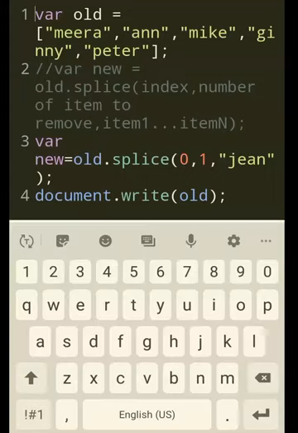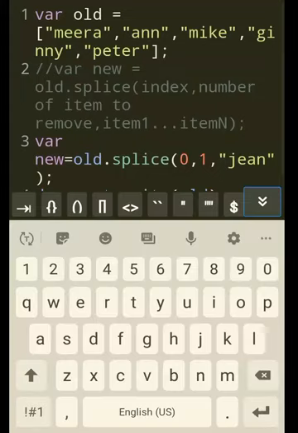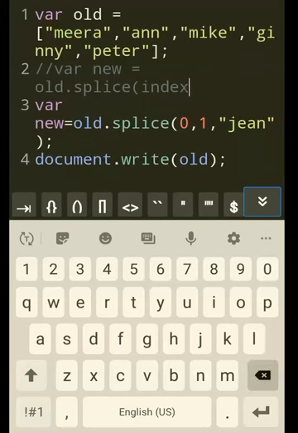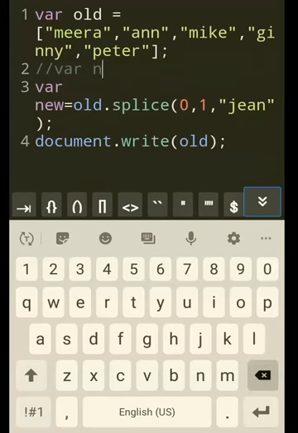I think I should remove this. Already mentioned, so you should remember that. So var new is old dot splice 0, 1 and gene. Zero index position, and 1 item to be removed at that particular index position, and the new item to be added is gene. So document.write old.